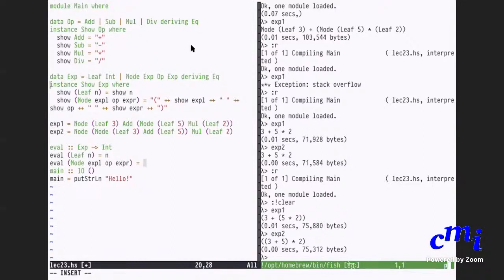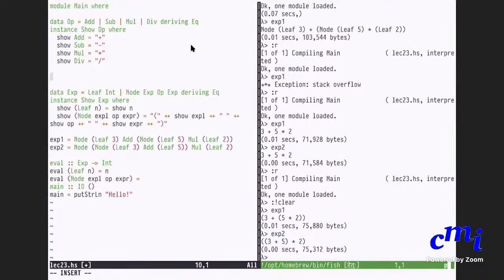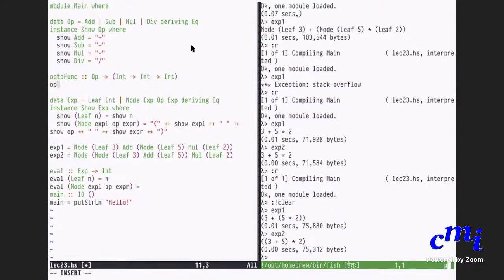Okay. For this, for every value of type op, we want to associate a function with it. So let us do that right here. We'll call it op to func or whatever. It takes an op and it returns a binary function, int arrow int arrow int. So op to func of add is just addition.